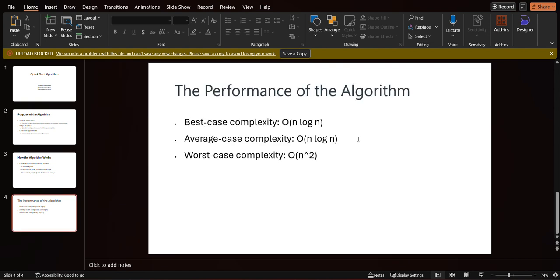The performance of the algorithm in the best case and average case is O of n log n. Worst case is n squared. The best case occurs when the pivot divides the array into two equally sized halves. The average complexity is also, as I mentioned, O of n log n, which still follows the same line as the best case. And then the worst case,